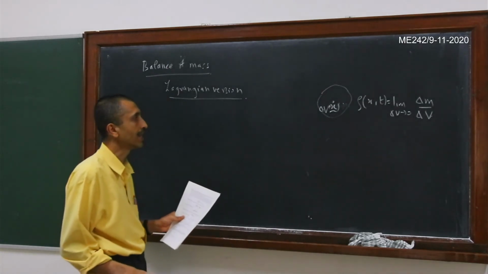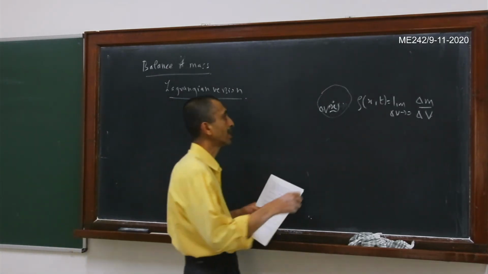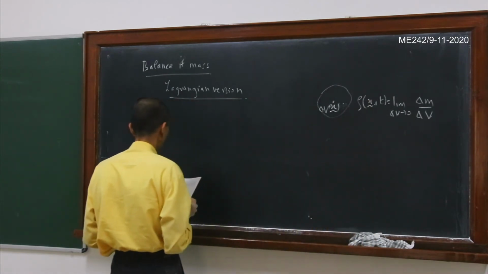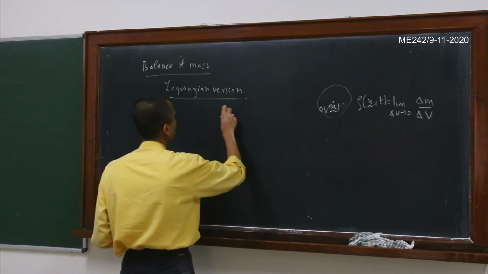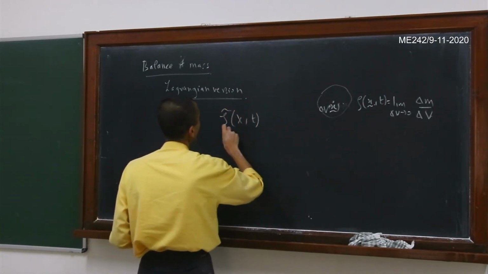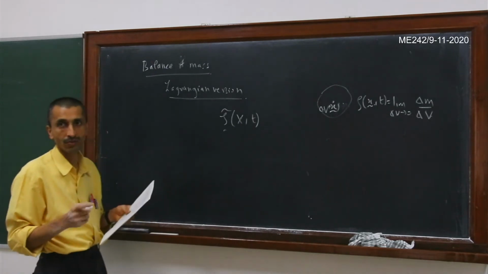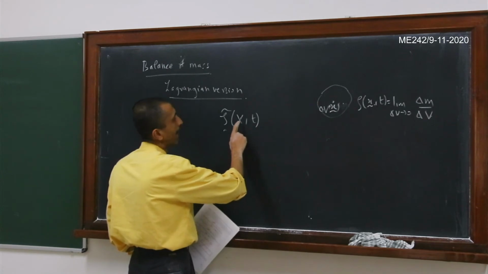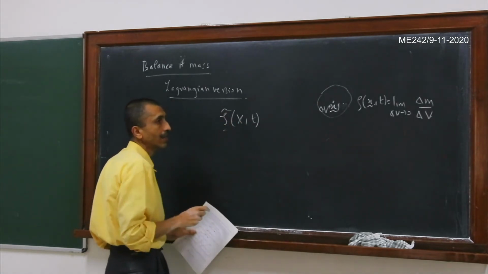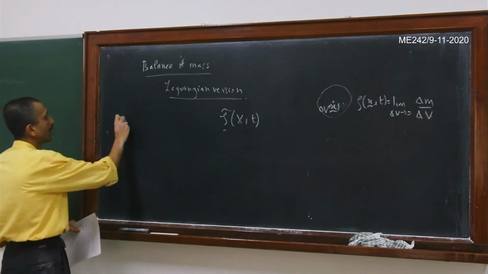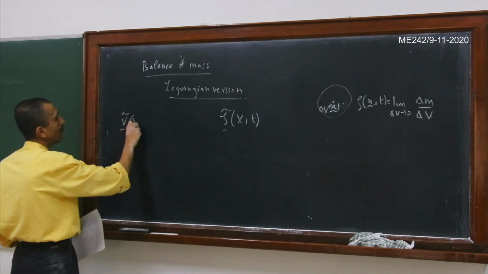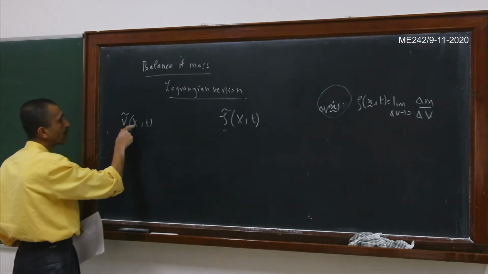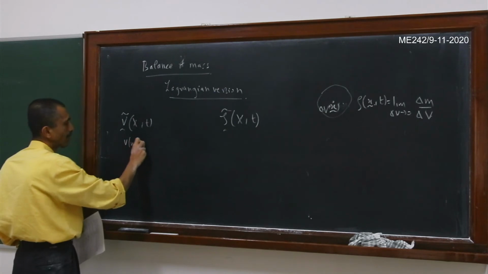So this density is a function of the position, and it can also be a function of the time. And then we will also define rho tilde. If you recall, I am putting the tilde whenever I am looking at the Lagrangian version of the same variable. Whenever I want to express anything in terms of capital X, I will put the tilde above it. We had put a tilde above the velocity also, v tilde of X comma t, which was the Lagrangian description of the velocity. Whenever I don't put a tilde, that will be the Eulerian version of the velocity and so on.